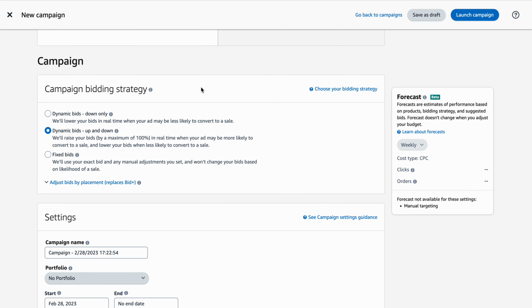We've also got the campaign bidding strategy there, which you need to do: dynamic bids down, dynamic bids up and down, or fixed bids. So let me go into this quickly. The dynamic bids down only means that Amazon are not going to spend more than your bid. They're only going to go downwards, okay? With dynamic bids up and down, it means that Amazon has the flexibility by a maximum of 100% to put your bids up or down. So if you bid 50p, you might give them the leverage to bid